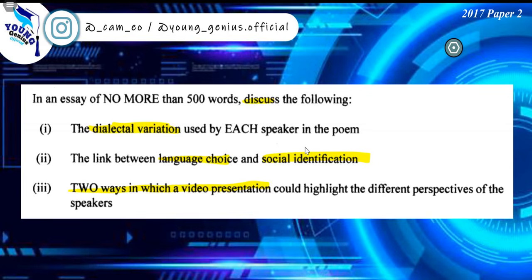And you want to speak about 2 ways in which a video presentation could highlight the different perspectives of the speakers. All right, through giving audiovisual aid, AID, not aid. From presenting audiovisual aid, that can have many advantages because it can show you exactly what's happening, giving you direct insight. For some people it's easier to see what's happening and understand it, so that could be a point, and it can give you a bit more hands-on view or insight into the situation,